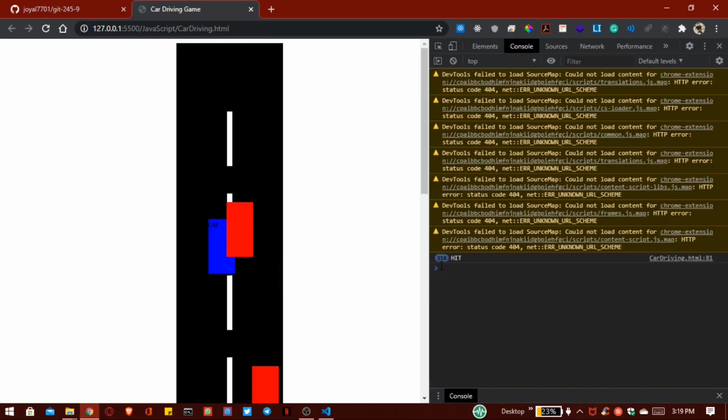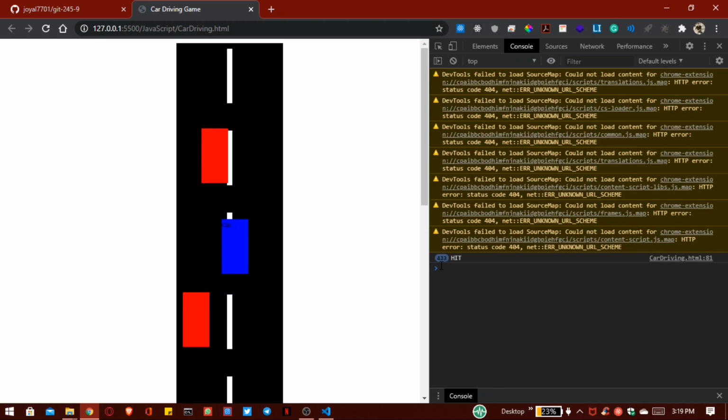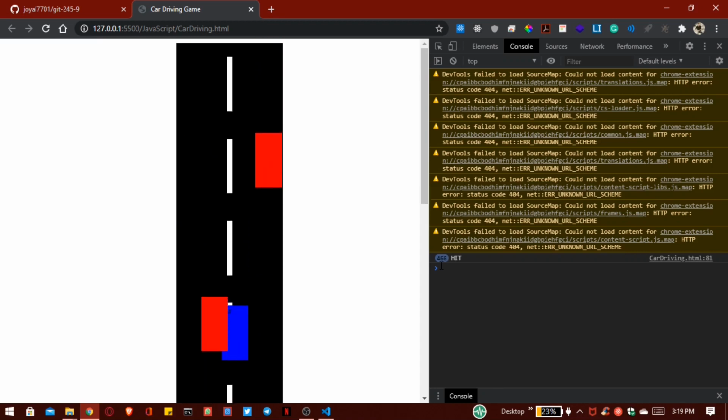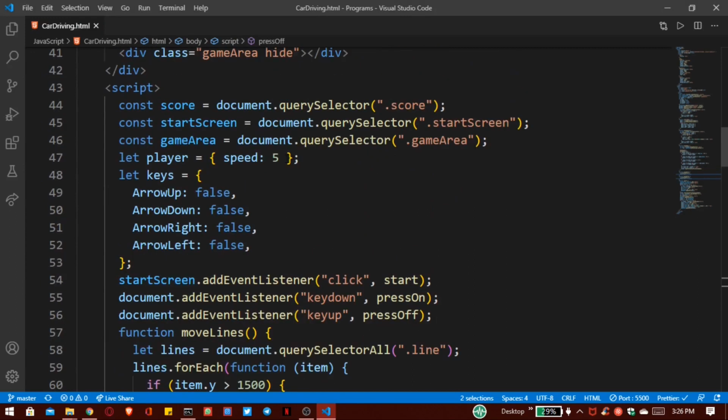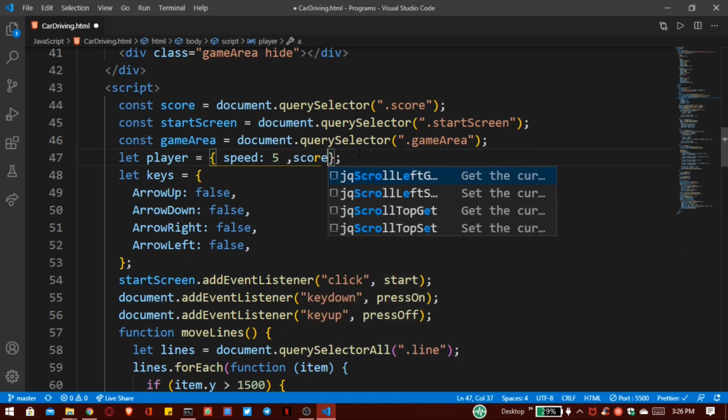Now we have to add a functionality like whenever we collide with this car, then our game is stopped. So let's add that. First we have to assign a score for that player. Then where the collision is detected, we have to stop that score. So for that we have to assign a score. By default it is 0.